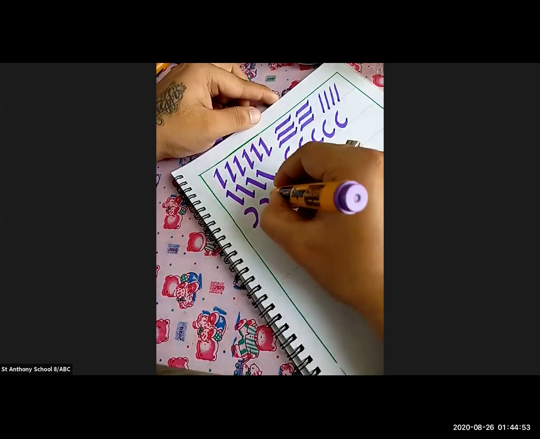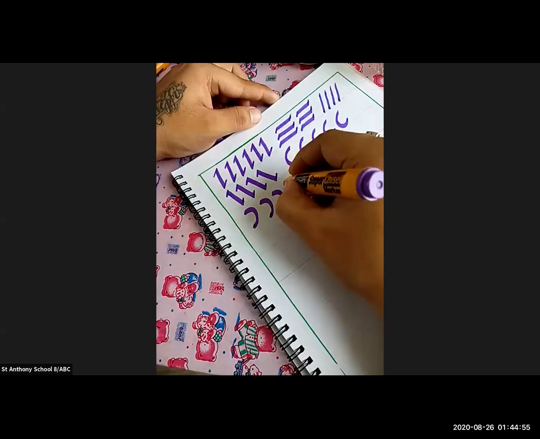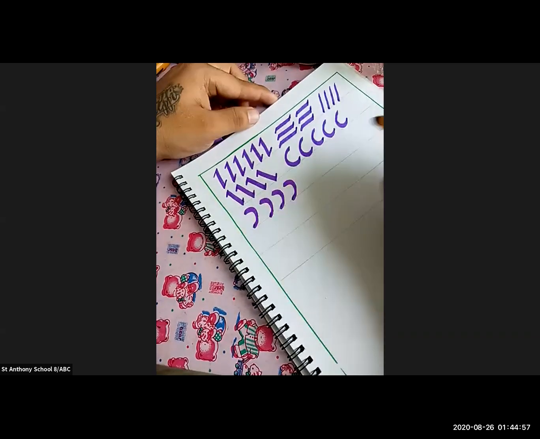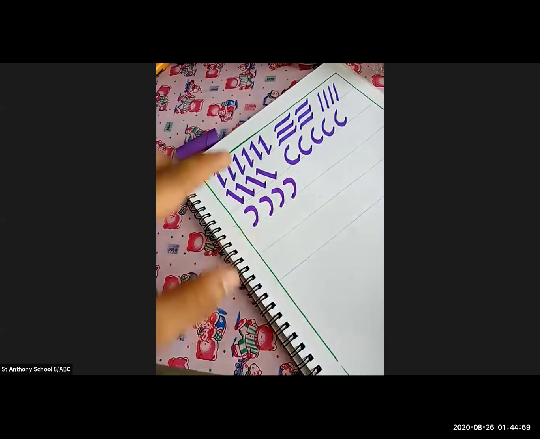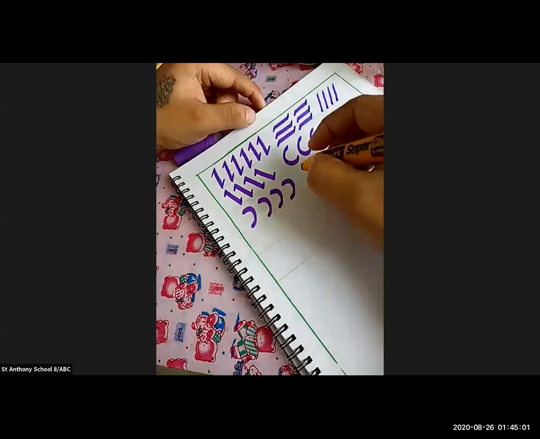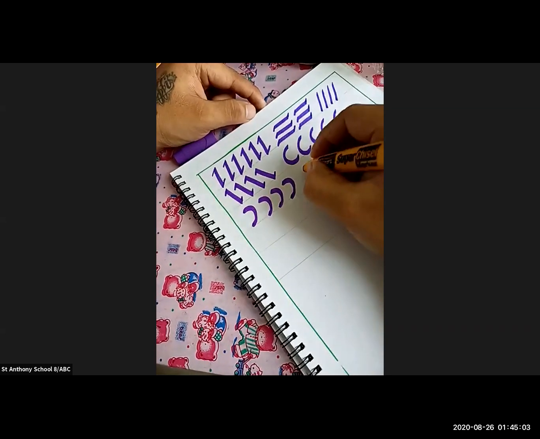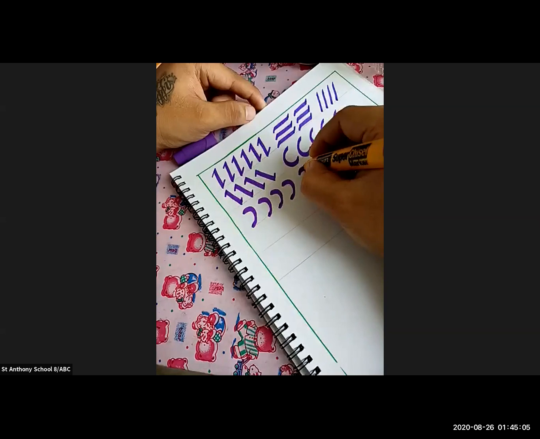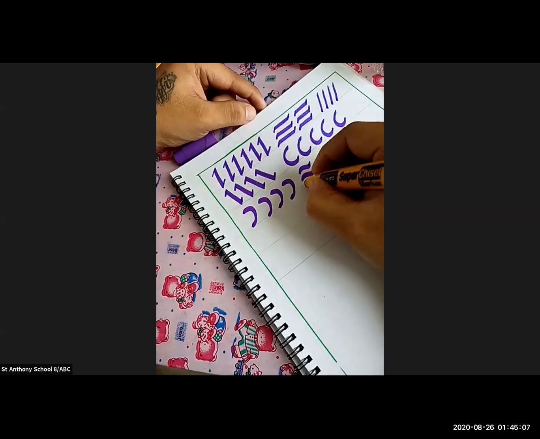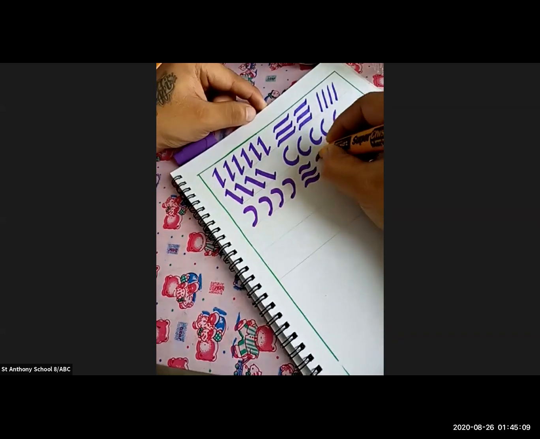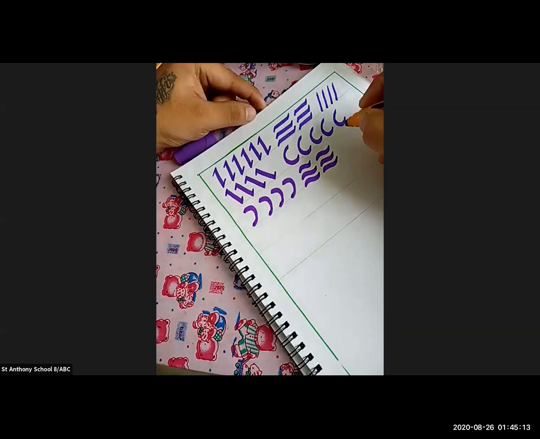This is used when you're writing O or something. This is the opposite curve. Now what we are remaining is the wavy strokes. There are two to three wavy strokes we can draw. This is one. There is one more, that is 1, 2, 3. This is a zigzag line, something like zigzag.